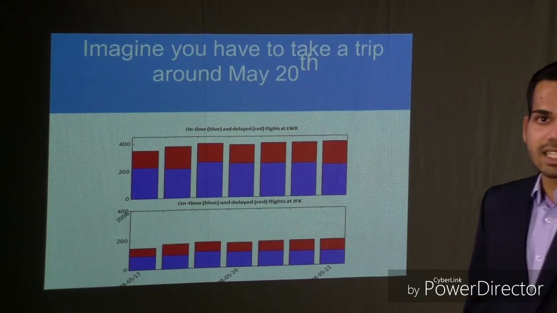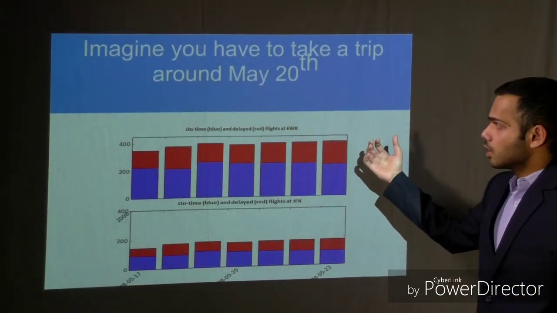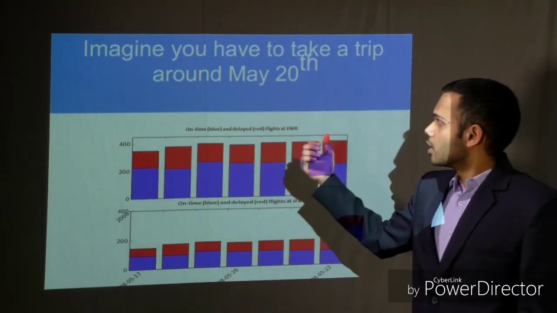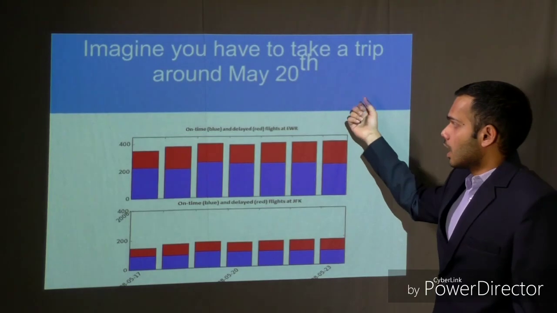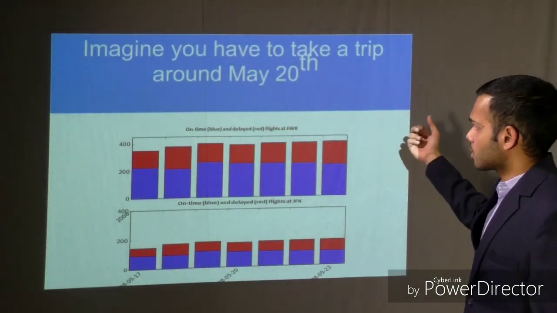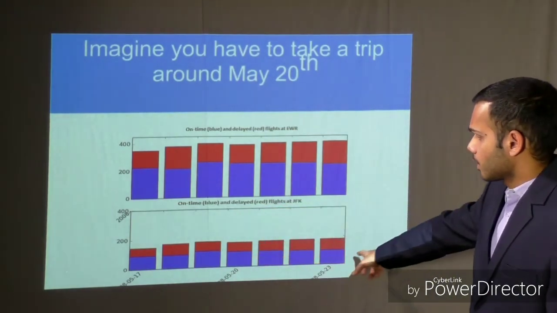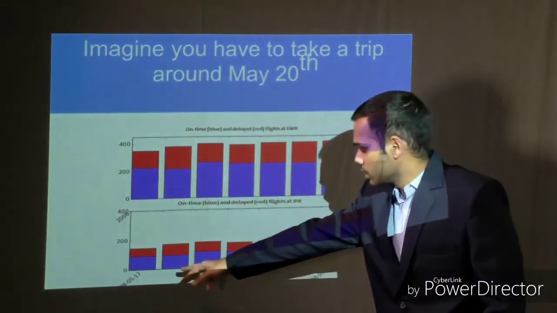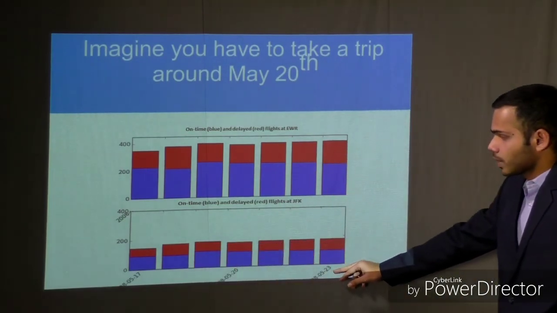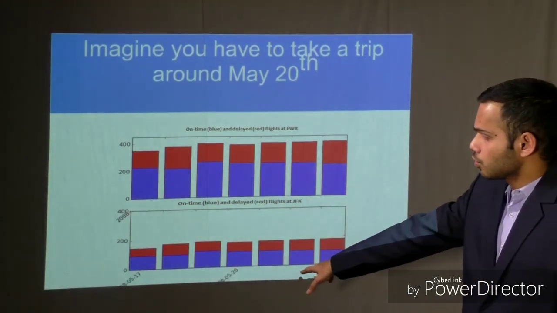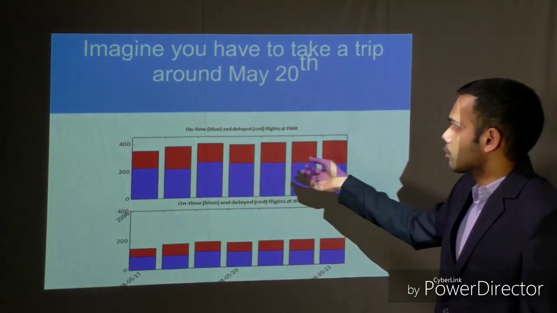So next we'll take an example of a user who wants to fly from an airport. We'll take an example of New York City. The user wants to fly on 20th May, and New York City has two major airports: this is the data for Newark, and this is the data for JFK. The data range is from 17th of May to 23rd of May. We have taken a range to best predict the day on which the user can fly from the airport.